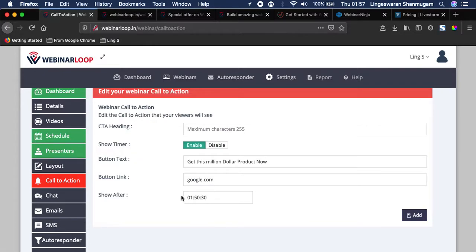So if you just look at this time, this is actually the sales pitch time, where you will actually have a button which gets enabled as get this product, $1 million product now. So that will actually help you to continue having this button as well.